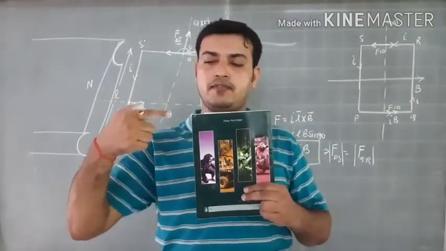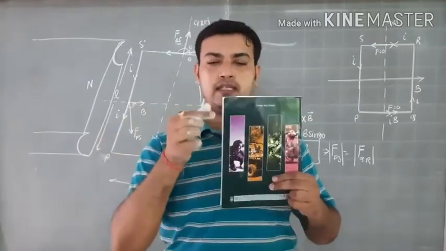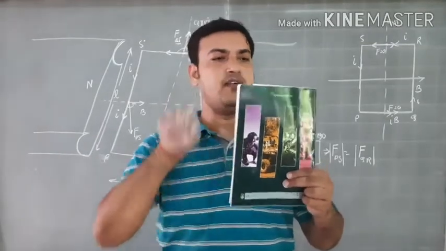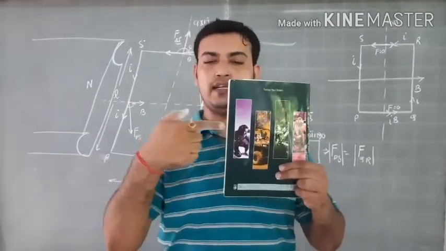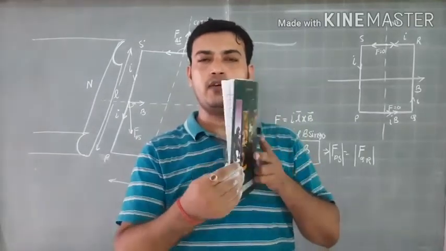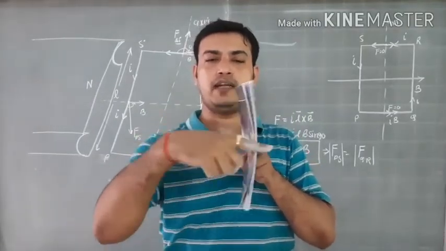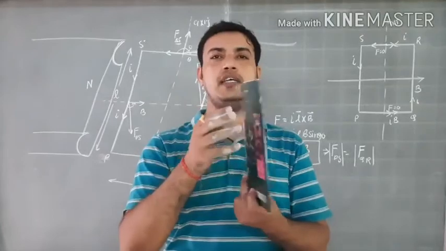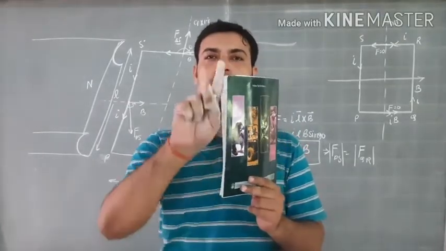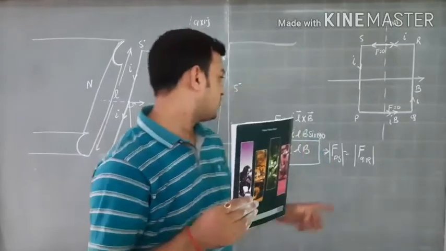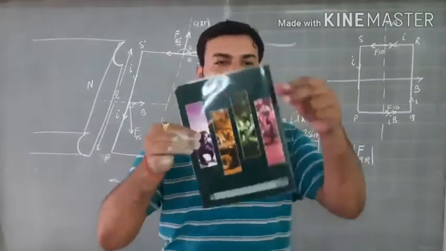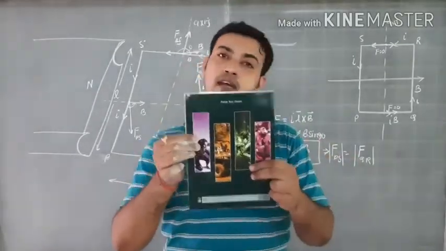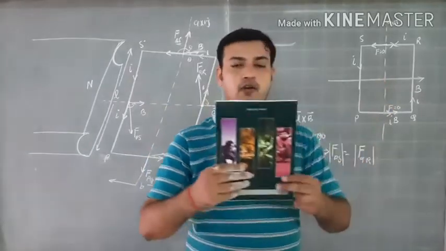Now you can understand this in a very simple way. Suppose this is the magnetic field from left side to right side, and this is the length L. If I place my rectangular coil like this, then the magnetic field and the current are perpendicular. If I rotate it, once again current is upwards, magnetic field is towards right. So if you rotate by any angle, in each case magnetic field B and the current I are in perpendicular directions. So the force that will act on these two arms is 100% maximum, and theta will always be 90.